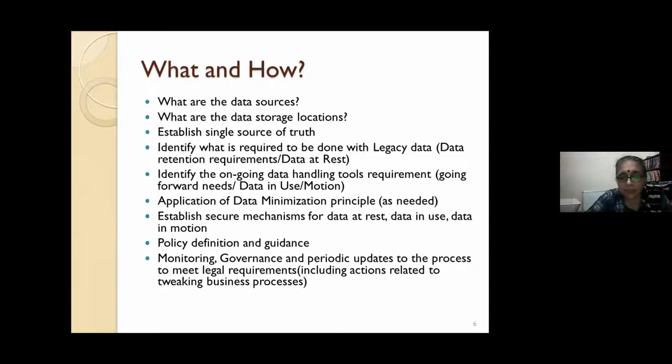There is a phase where you need to identify the policy at the tool level. So basically, if you look at a tool like a data discovery tool, there will be a policy configuration feature where they will have predefined policies. Example, if you are from a financial services industry, what will be your PII? What will be your personal data which you would like to have the policy applied to? Example could be credit card information, or